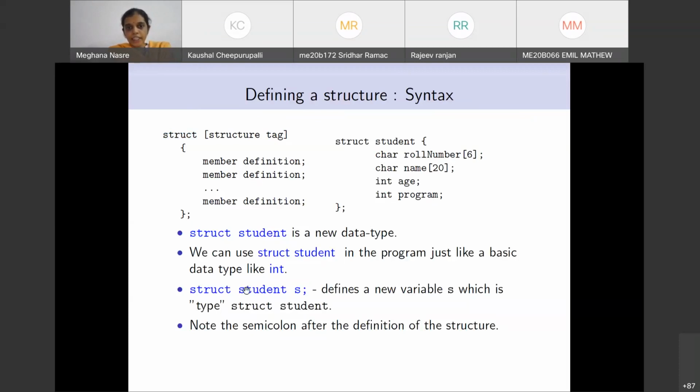So we have said that when these set of statements are written, it means that you have defined a new data type, but you have not allocated memory for this because you have not defined a variable of that data type. And that can be done by this statement, which is struct student s, which tells that s is a variable of type struct student. So this is a new data type that you have defined. And a common thing that we may miss out is this semicolon after defining the structure, which is some small syntax error. So you don't have to worry too much. The compiler will bring it out for you.